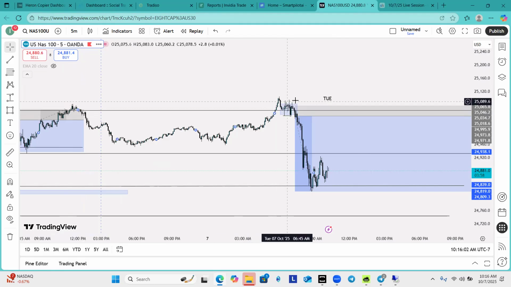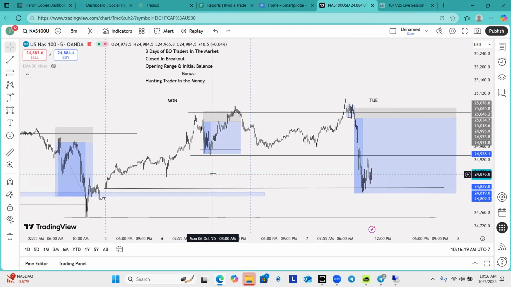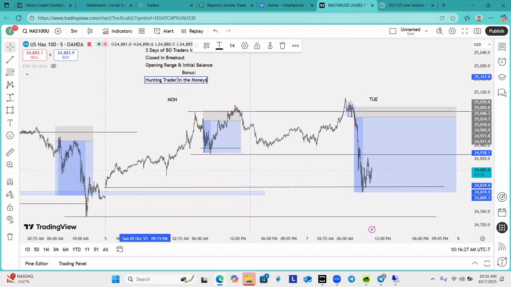So as price started to fail, that's when I told the team to enter this trade. We used a 30-point stop loss, and our aim was the opening price for the week, or you could have used the closing price, right? And the reason why we did that is because I want you to look at the bonus concept that I want to teach you today. Hunting traders, that should say traders hunting traders